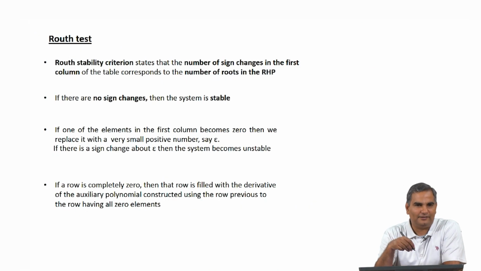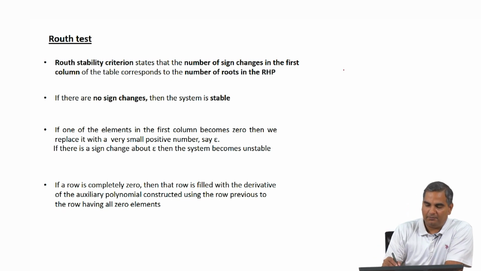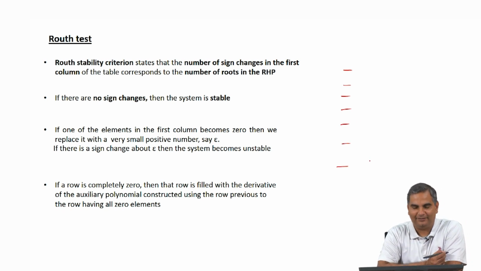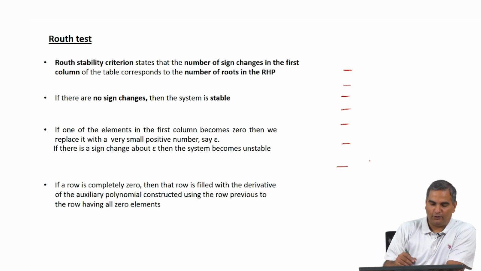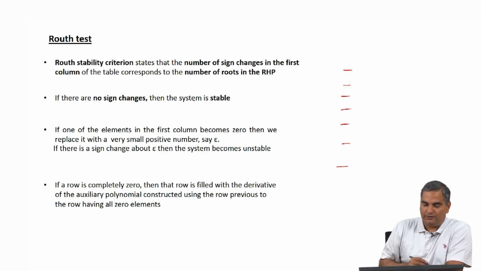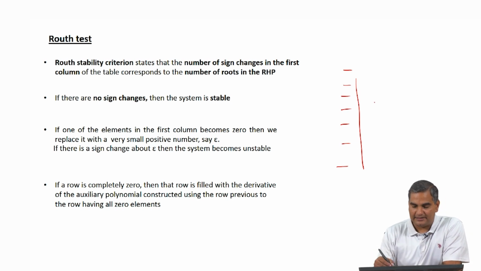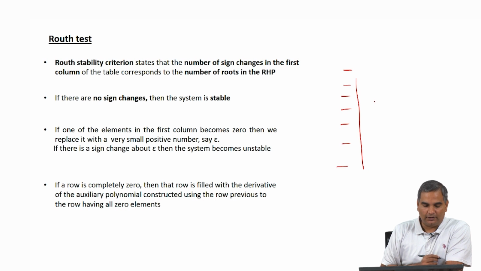Now comes the really fascinating part of this table. What the root stability criterion says is that if I start with a positive number, and if I have all of the first column as positive numbers, then there are no roots in the RHP. So, that is an interesting result. If there are no sign changes, when we say no sign changes, because I start with a0 which is positive, and everything else remains positive, there is no sign change from positive to negative. So, if there are no sign changes, then there are no roots in the RHP.